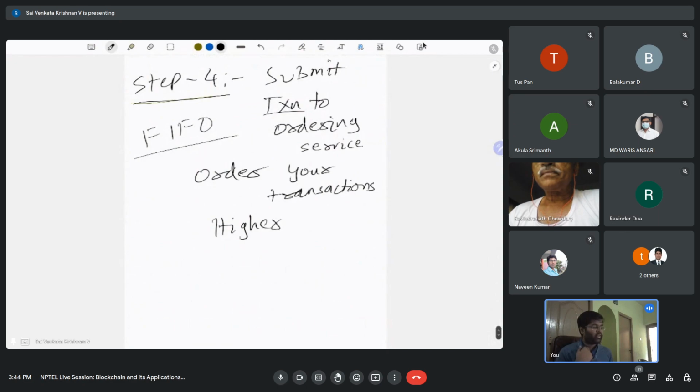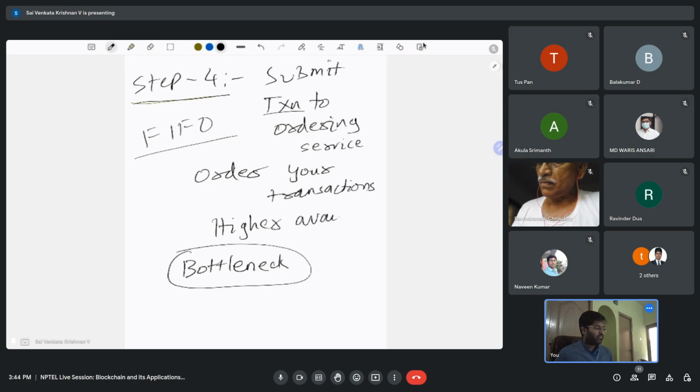So this ordering service is sort of a bottleneck, because now all the transactions are given to the ordering service, and they have to order the transactions in some way, like first in first out. So to avoid this bottleneck, for higher availability, for better throughput, and also to avoid corruption, since your ordering service is the main entity which determines in which order your transactions are executed,